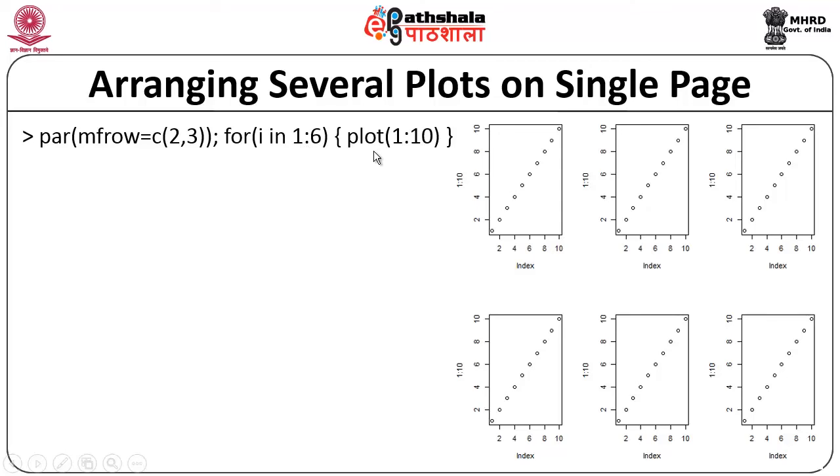and this plot function is going to have values ranging from 1 to 10, and when you take a look at this diagram, you can find all these plots are having a value ranging from 1 to 10 along the x as well as the y axis. So, now when you execute this particular function, all the 6 plots having values ranging from 1 to 10 will be generated and then arranged as per the given layout.